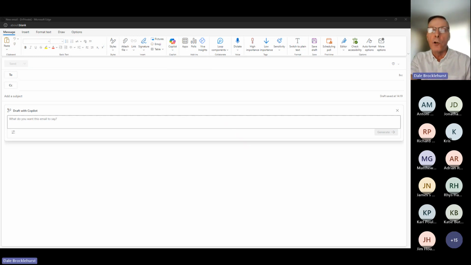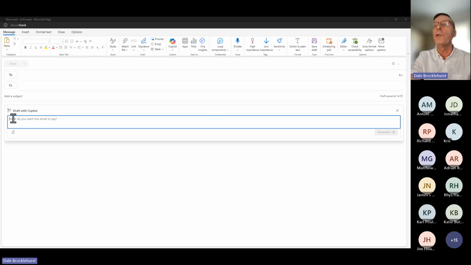I've got a slightly more complicated one. So in this scenario, I work for a company that's about to install VPNs in an IT office. And what I want to do is introduce myself in an email. I want to give them a little bit of knowledge about VPNs and explain that we'll be implementing one. And then I also want to